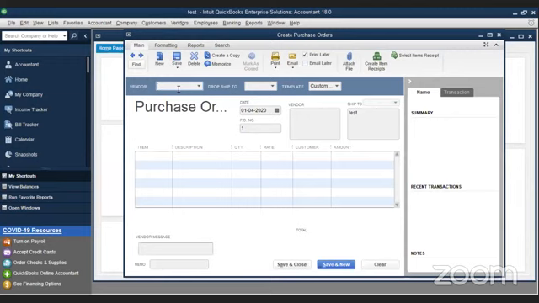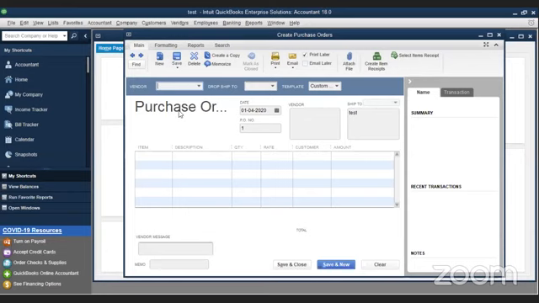Guys, just remember one thing. I'm working as a full admin here. From a normal company perspective, you won't be allowed to do purchase orders and sales orders, or just open the chart of accounts and make payments. You won't be able to do that. I'm just showing this as an overall admin, like a company owner, to show all these things. But in general terms, these things can be restricted, which I will tell you at the end of the session. So don't get confused by those things. I will be explaining the preferences for those.